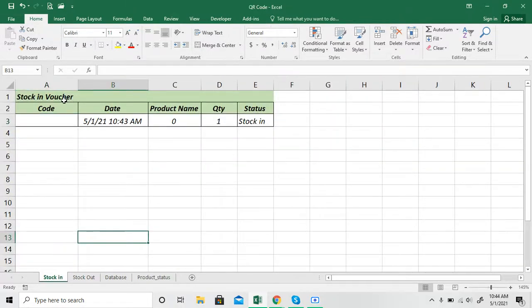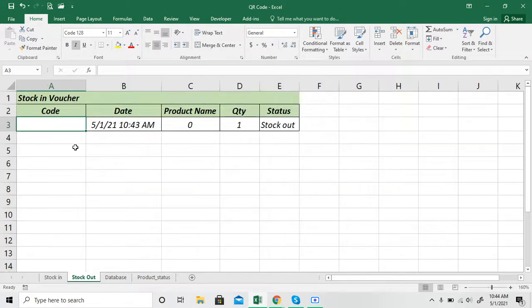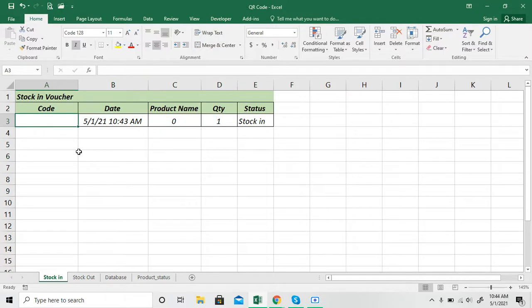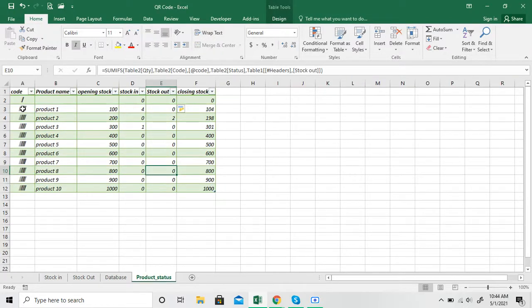This is the stock in voucher. This is the stock out voucher. Once you click on this A3 cell, then you have to scan your code, the serial number. At the moment in the database, the product status serial number is from